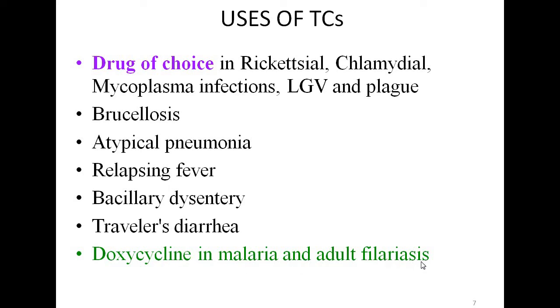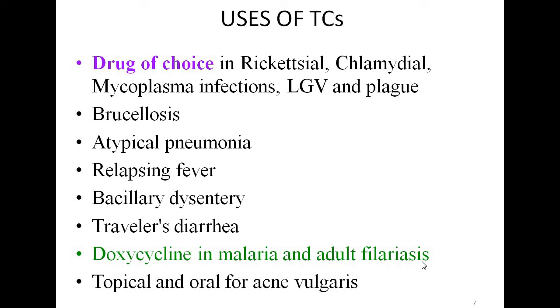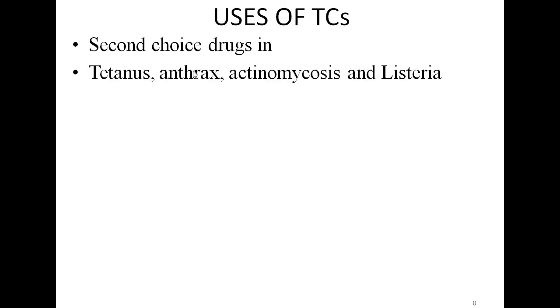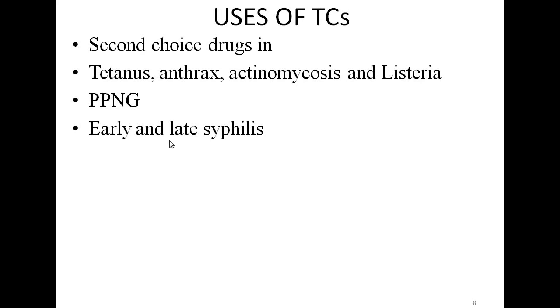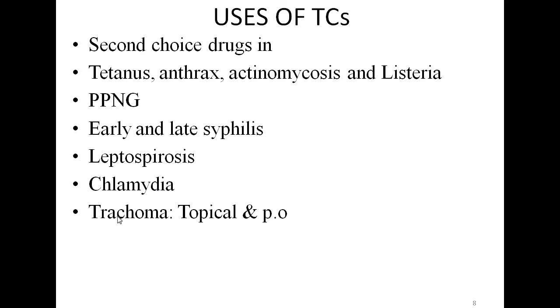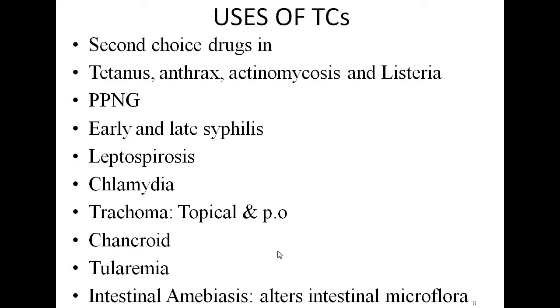Doxycycline is used in malaria and in adult filariasis. Doxycycline or tetracycline, topical and oral, for acne vulgaris. Tetracyclines are the second-line drugs in tetanus, anthrax, actinomycosis, and listeria infections, penicillinase producing Neisseria gonorrhoeae, early and late syphilis, leptospirosis, chlamydia. In trachoma, tetracycline ointment and also per oral, chancroid, tularemia, and in intestinal amoebiasis,